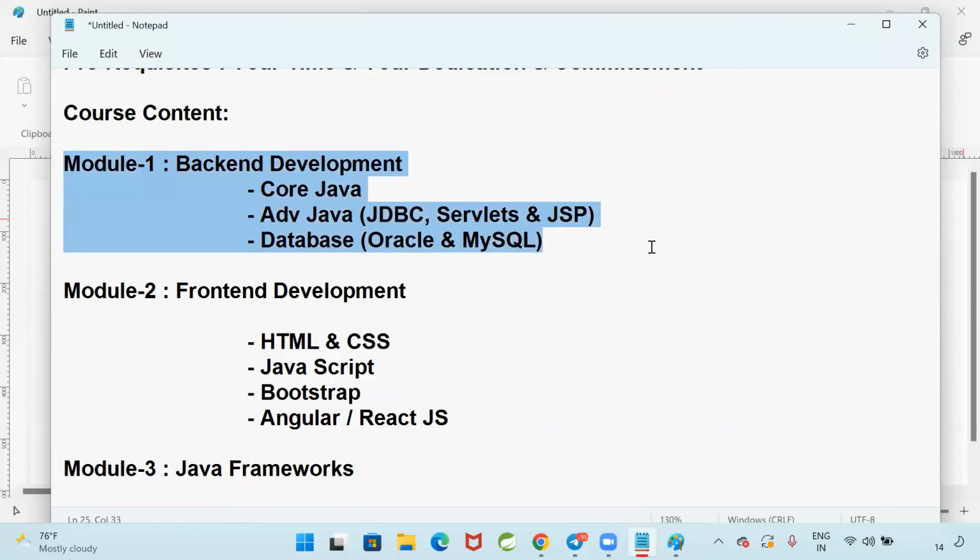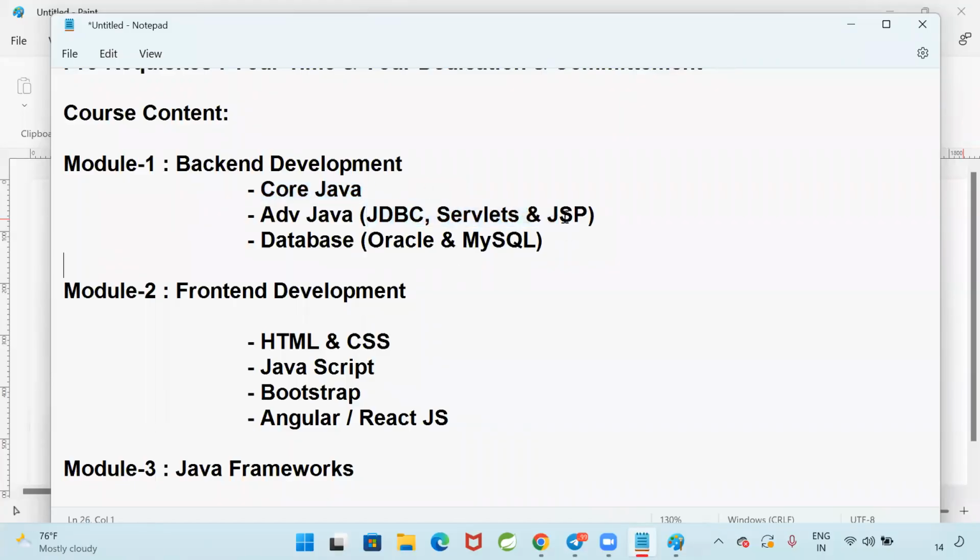Are you guys getting my point? In that 3 months, core Java is going to take more time. Core Java, the fundamentals of programming, is going to take minimum 2 to 2.5 months.